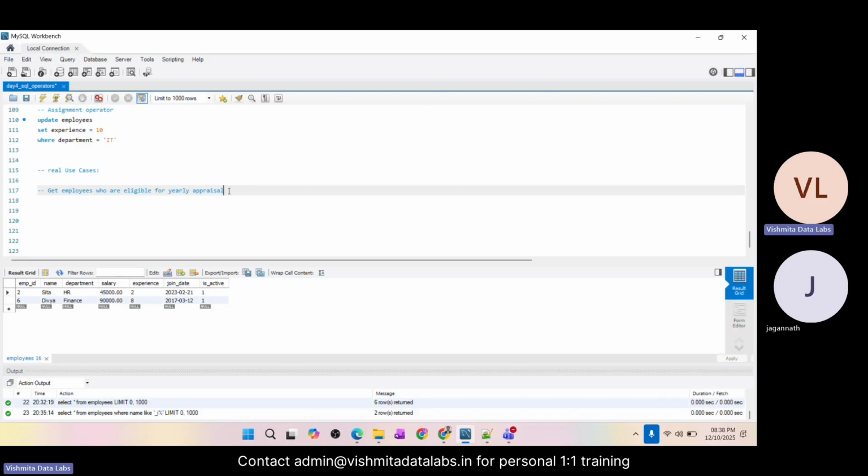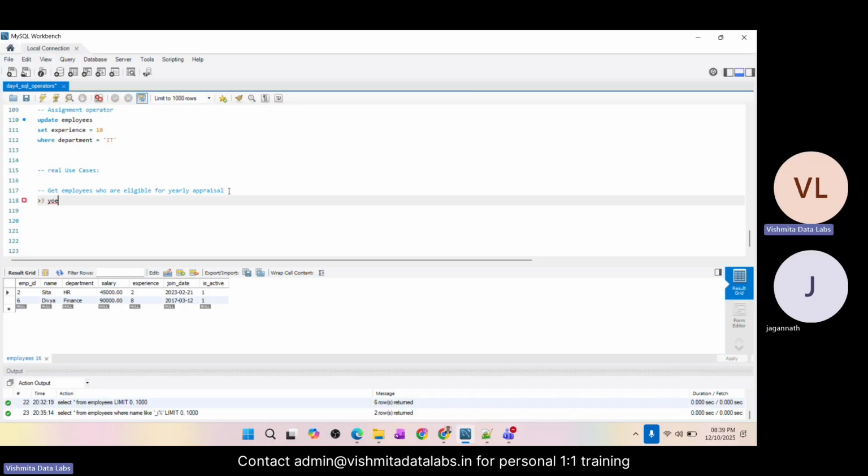Yearly appraisal means we cannot give appraisal to a fresher every year. A fresher will get appraisal after 2 years. As an associate software engineer, they will join the organization and only after 2 or 3 years they will get the appraisal. But for an experienced employee, let's say more than 3 years of experience, greater than 3 years of experience,